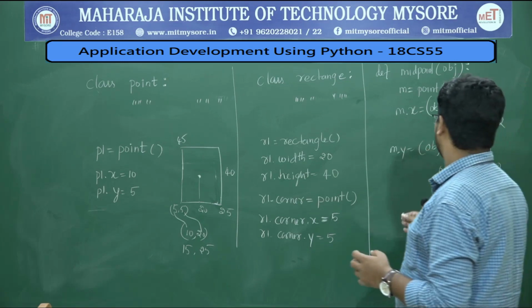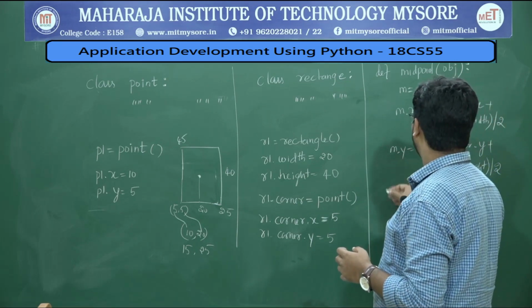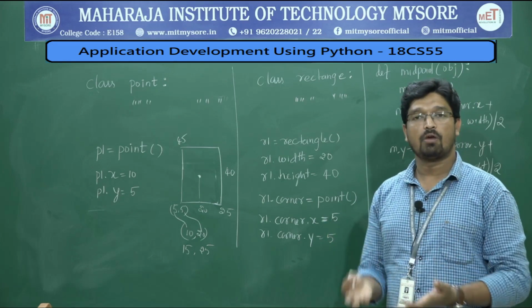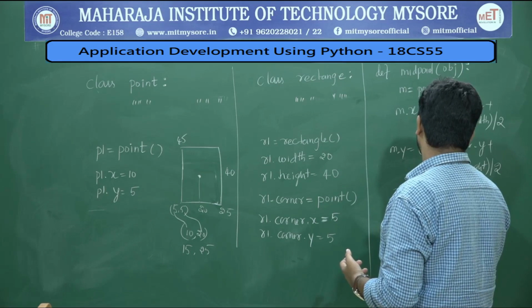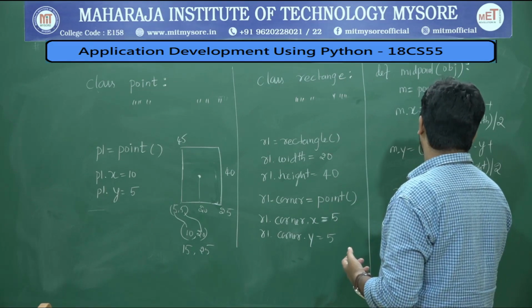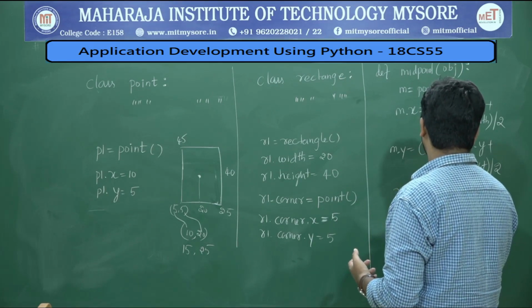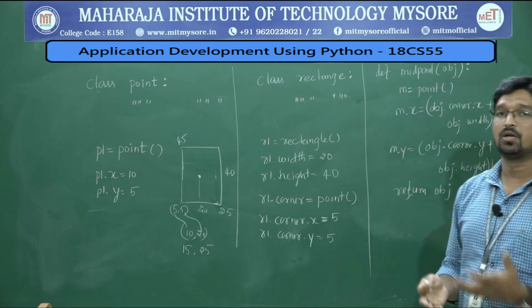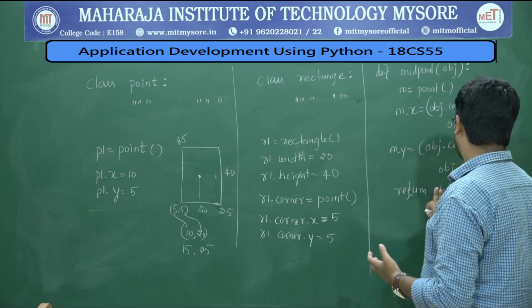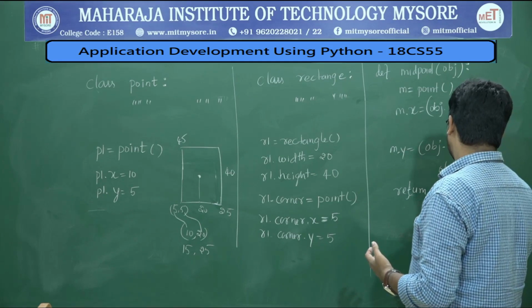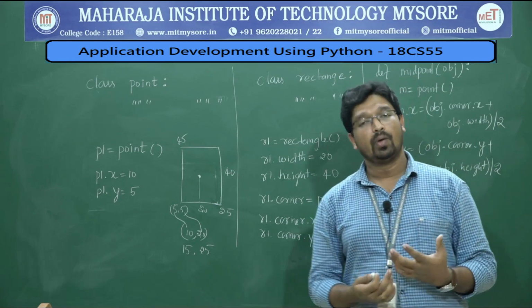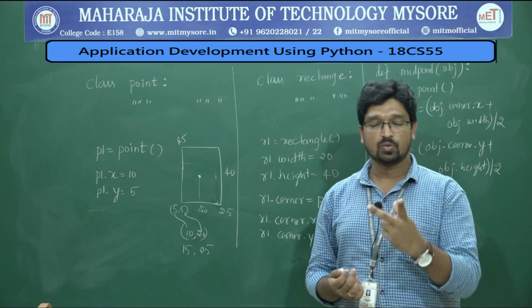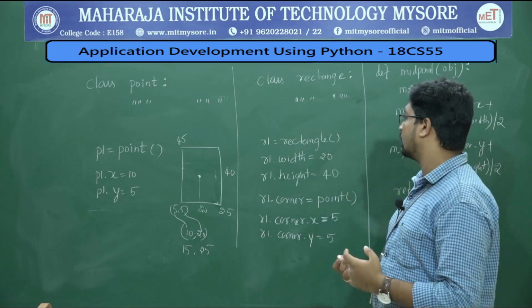So finally you can return. If you want, you can return the object also. So return what? You can return obj, meaning you are returning the object itself. So not return m obj, it should be return m, because the midpoint point object is returned back, where it contains two pieces of information, that is the x value and the y value.